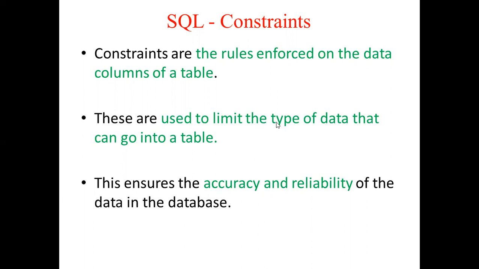So these are used to limit the type of data that can go into a table. Only the data which satisfies this condition or rule is entered into the table. This helps us to ensure the accuracy and the reliability of the data in a database. The data which does not follow that condition is obviously not accepted, and hence we get correctness in the